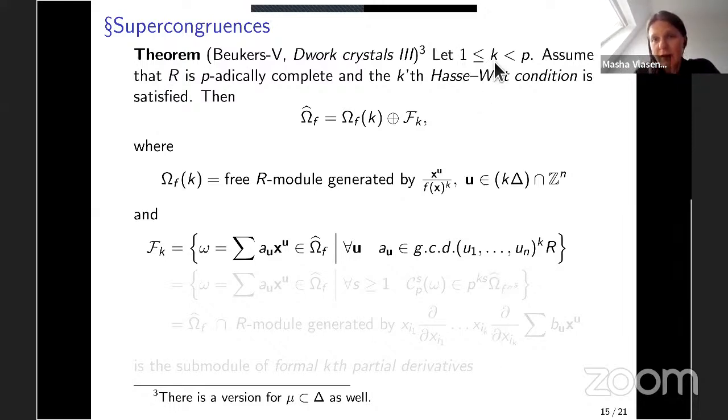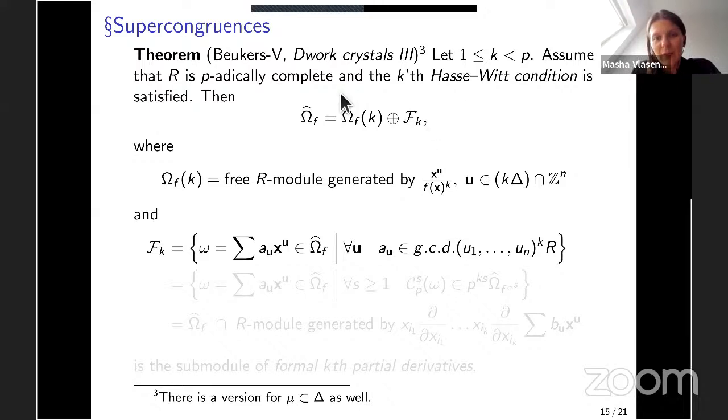For any integer k, and we assume that k is less than p, so I fix a prime and choose a smaller number k, we have something called the k-th Hasse–Witt determinant, which is similar to the first Hasse–Witt determinant introduced previously, but I don't want to write it down. If that determinant is not divisible by p,